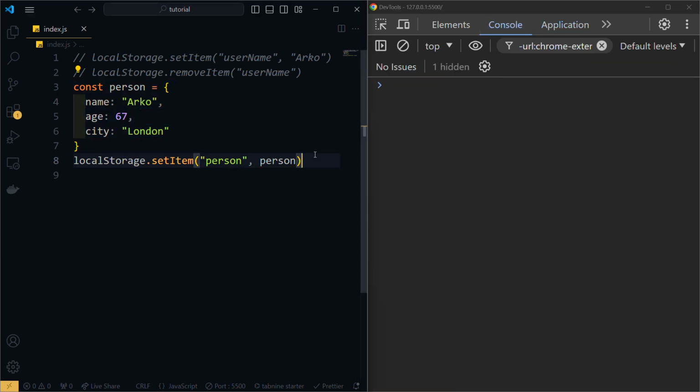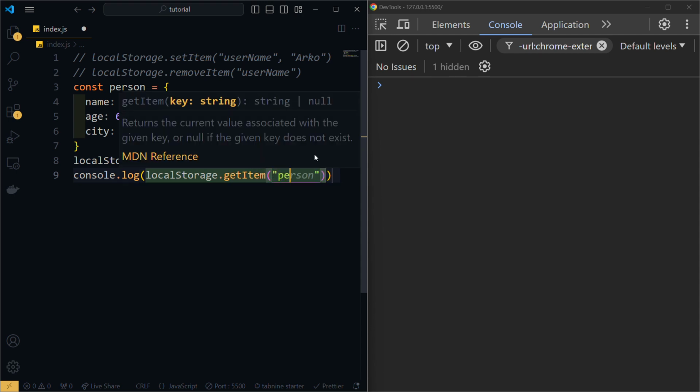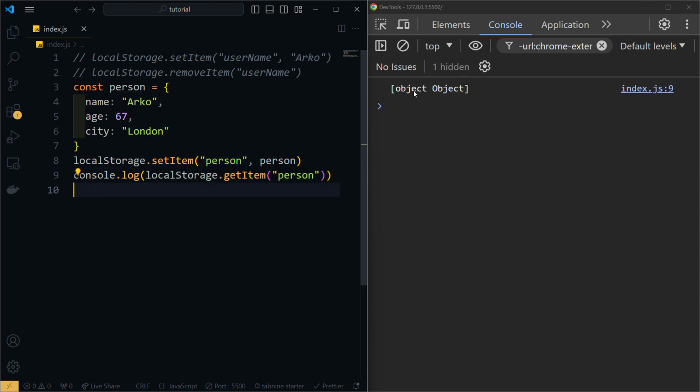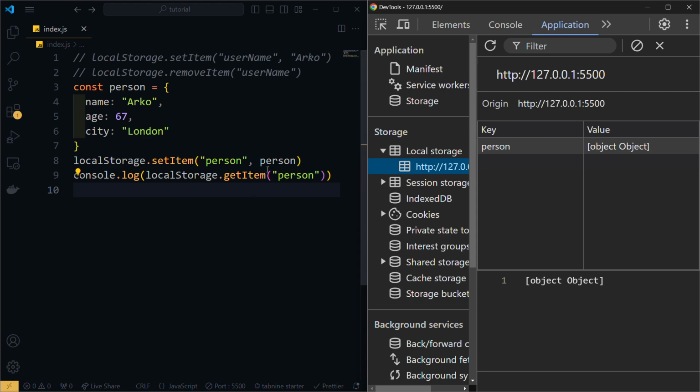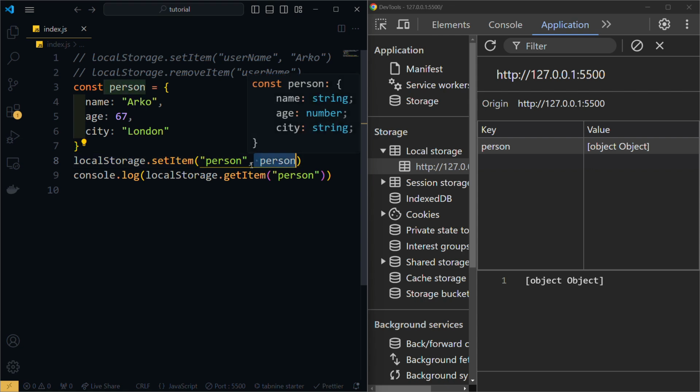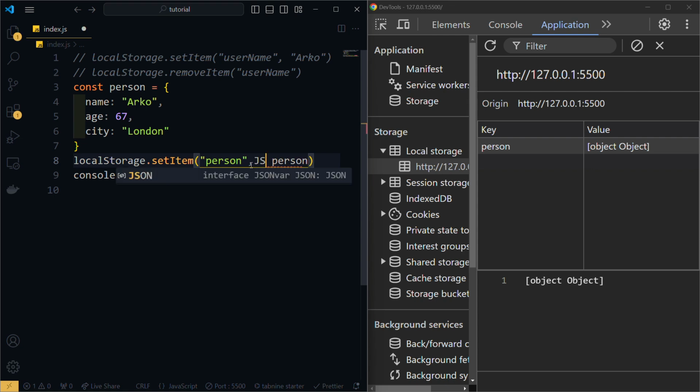And if we try to console log, let's use getItem. If we try to console log the person, localStorage.getItem person, if I save the file, as you can see, it gives us this useless string. Why is that? Because when using local storage, the value should be strings. So how do we solve this? We could use